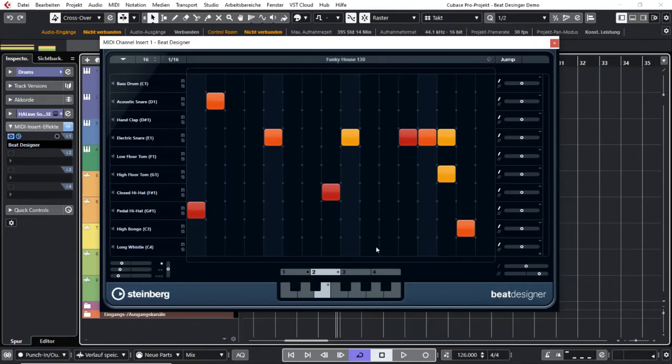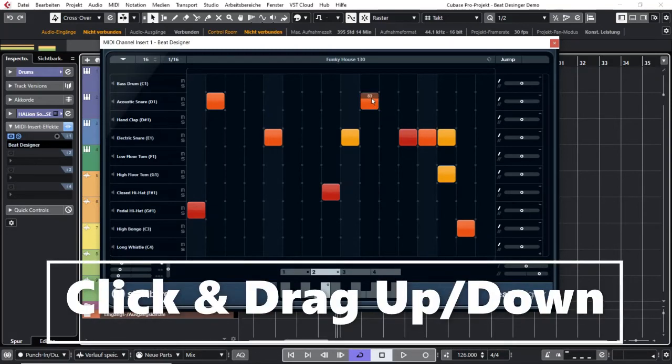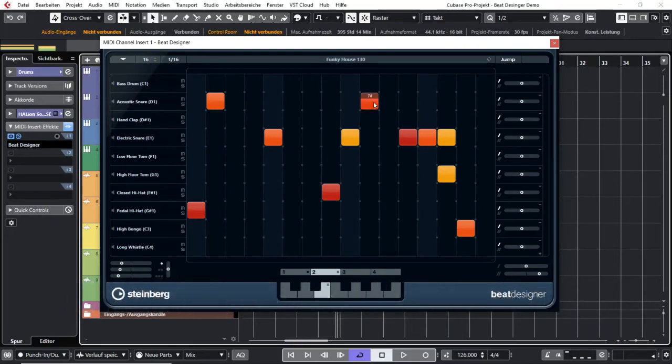You can think about this like from the beginning, or you could go like, well, I click just anywhere and afterwards I hover over the square, click and drag up and down, and you can see it changes the color, and also the number says the velocity from 1 to 127, whereas 1 is the softest and 127 is the